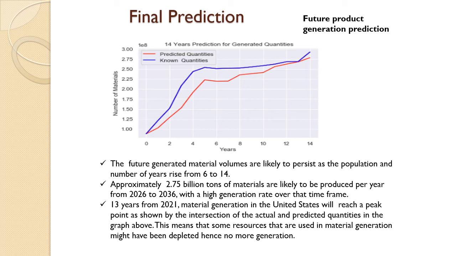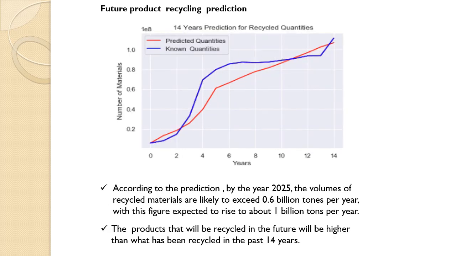This means that some resources used in material generation might have been depleted, hence no more generation. This chart shows the 14-year prediction for the recycled quantities. According to these predictions, as we can see in the chart, by the year 2025, the volume of recycled materials is likely to exceed 0.6 billion tons per year, with this figure expected to rise to about 1 billion tons